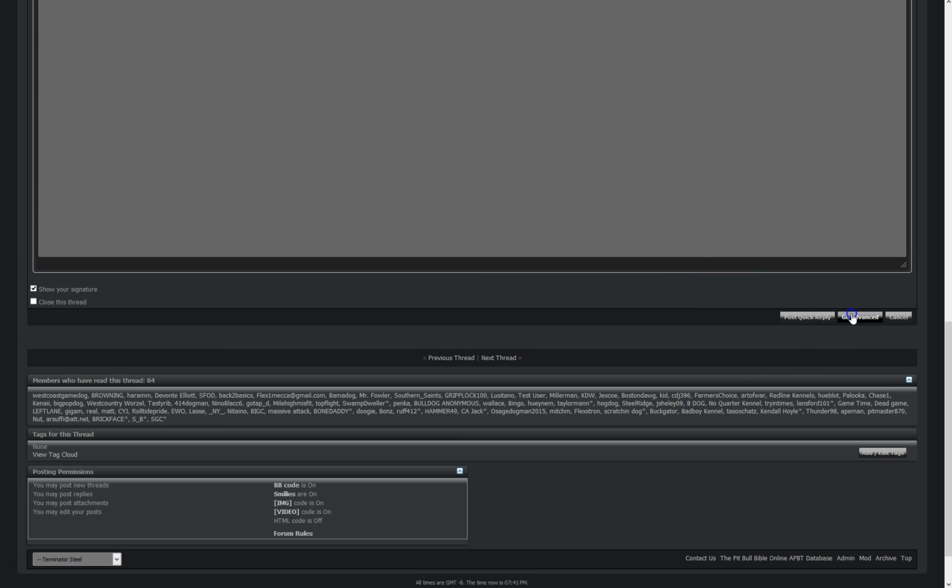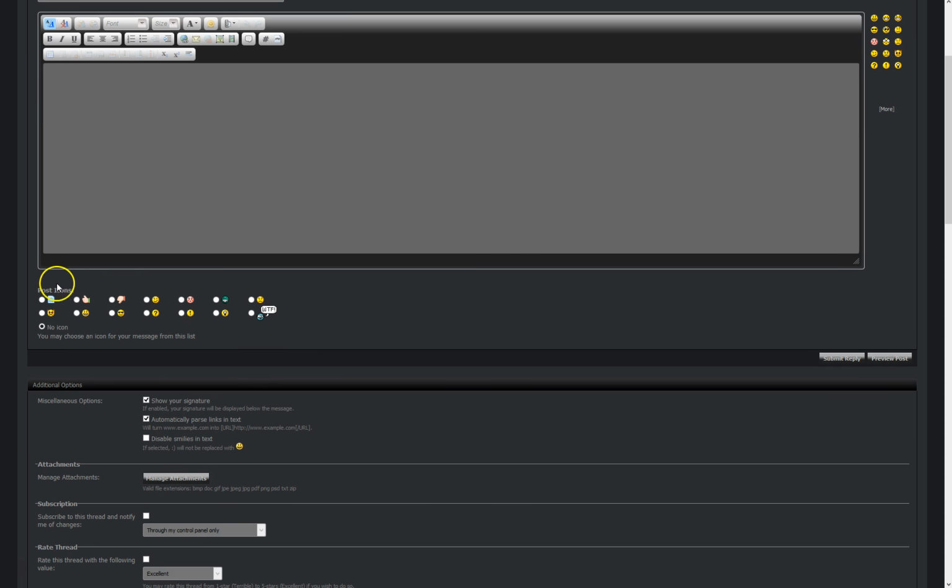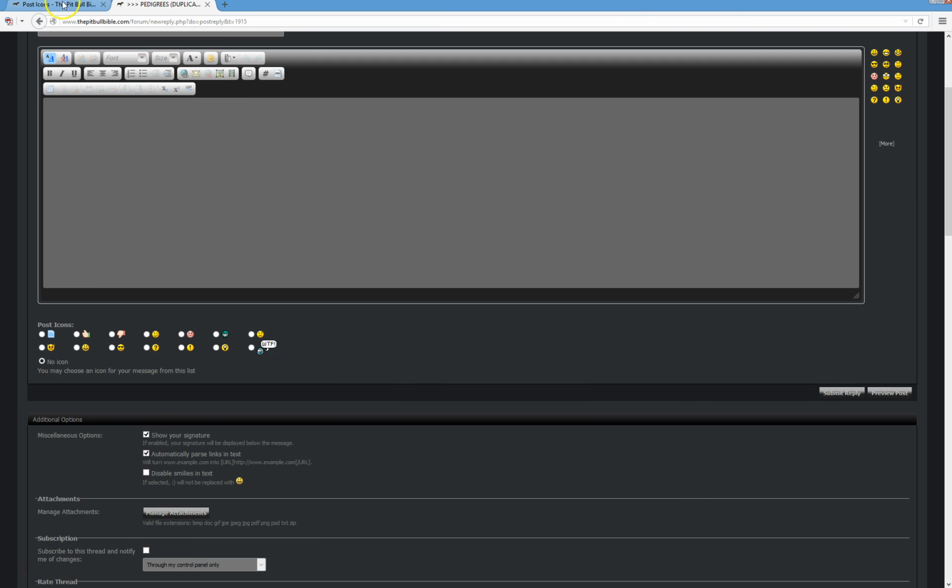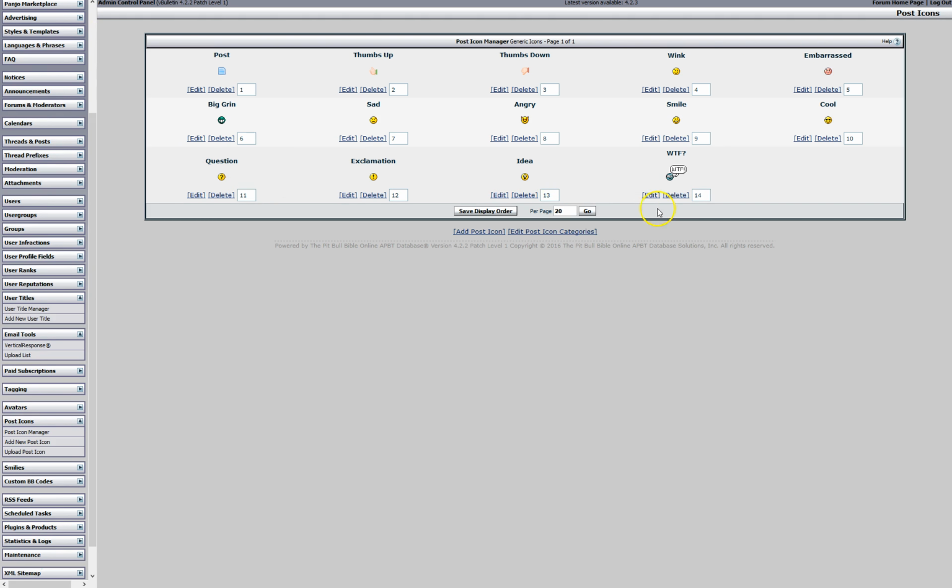Suppose I want to make it post. These are the post icons right here. Okay. I've got 14 different post icons, all OCD organized. But these are where you would add, subtract. Okay. The smiley manager